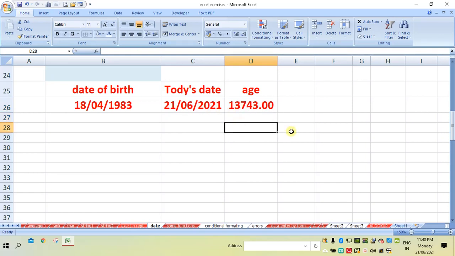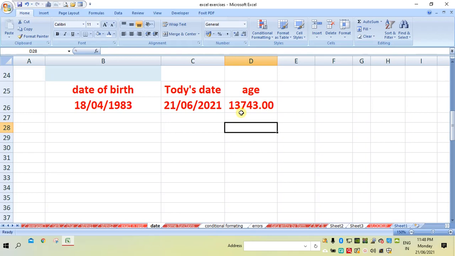So the total days between these two are 13,743, but it gives the result in the form of days.